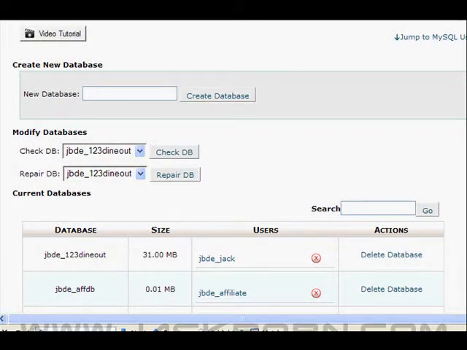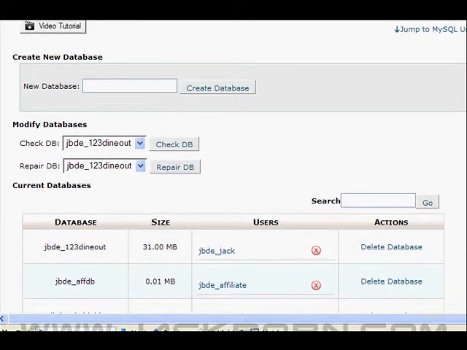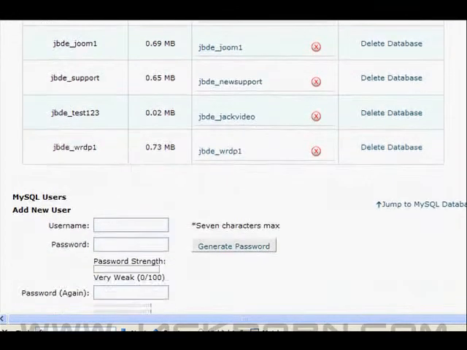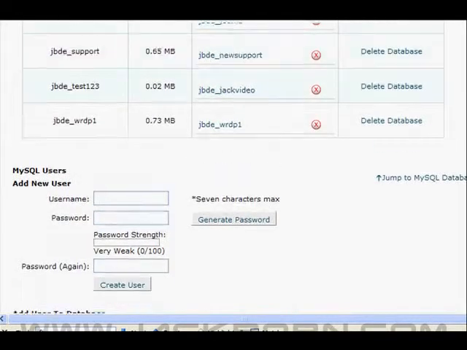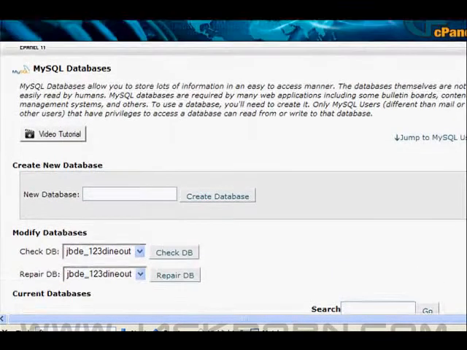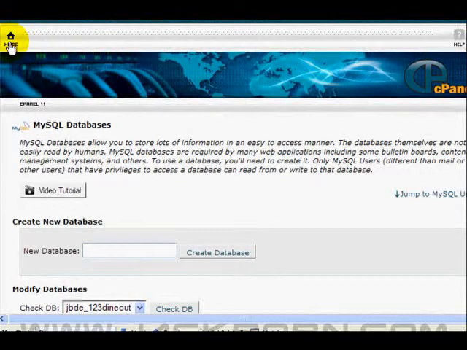Since I've already created the database, the user, and connected the user to the database, we are all set to go, except we need to add the demonstration data that I have prepared for you. I need to help you walk through how to add that to the database. So first we need to open up a web-based tool called PHP My Admin. So what you want to do is go back to the main page of your control panel